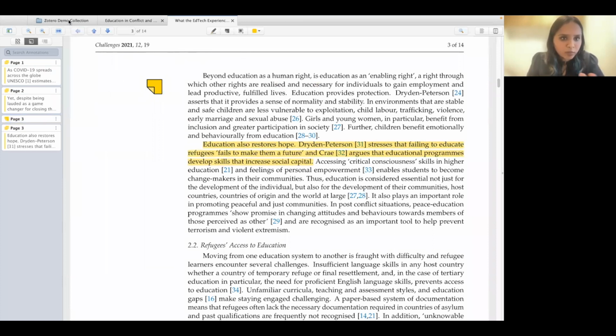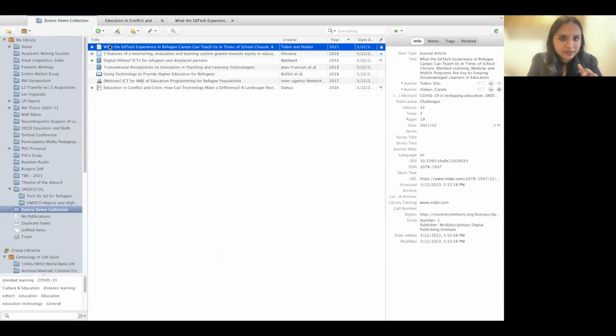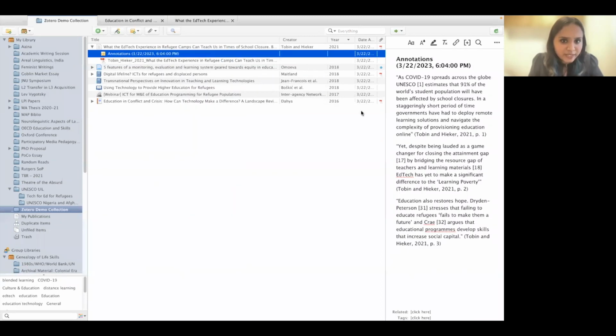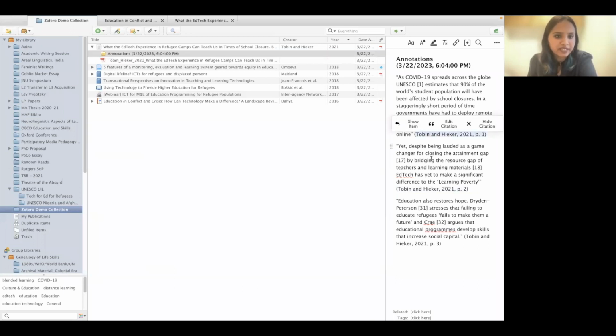So you can use it as a normal PDF viewer, but why I recommend this is when you see this. So I right click on this, and then I go to add note from annotations. And here's where the magic happens. All your highlights come on the right-hand side, along with the citations, right? So whenever you want to just copy paste a quotation, all you have to do is, if you've already highlighted it, you get a summary of all your highlights, and you can just use the highlights and copy paste in your,